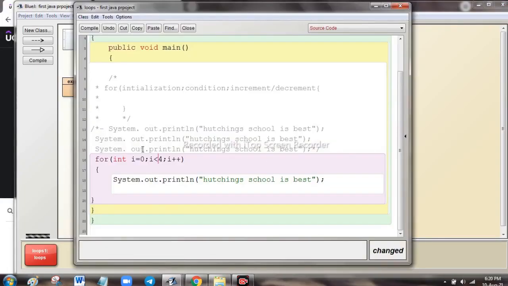Now let's try how to make it print 5 times. To print the statement 5 times, we'll just put equal to, so that 4 is equal to 4, and then it will execute the statement, Hutchins school is best.